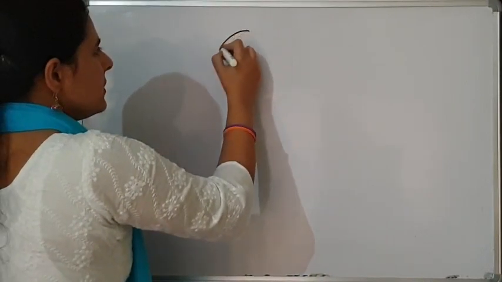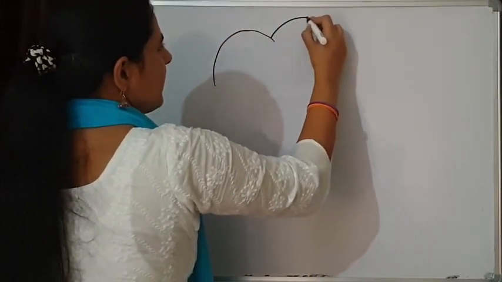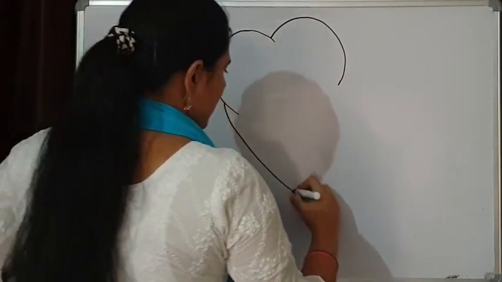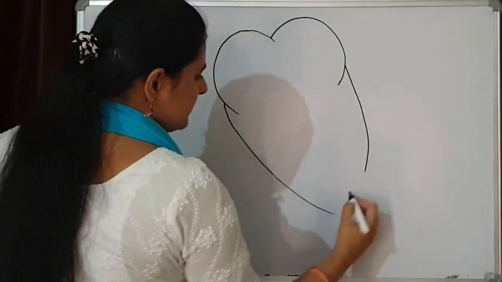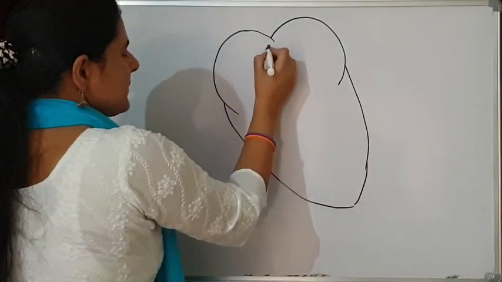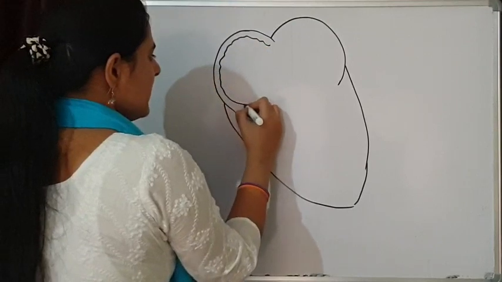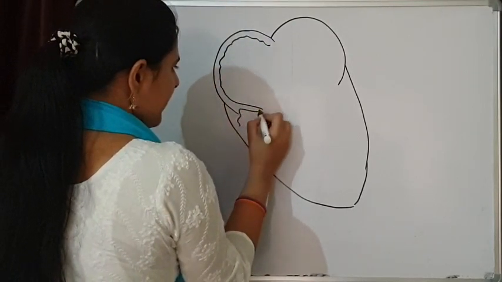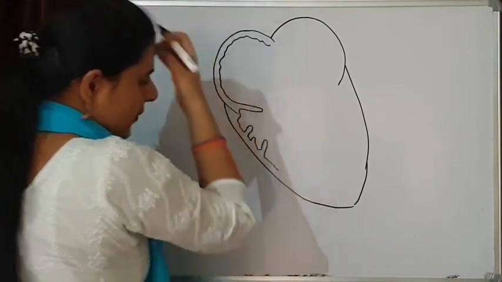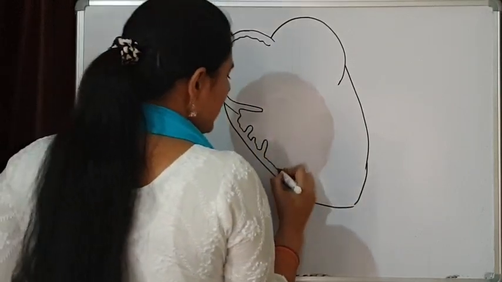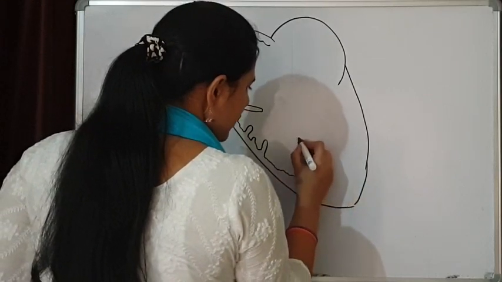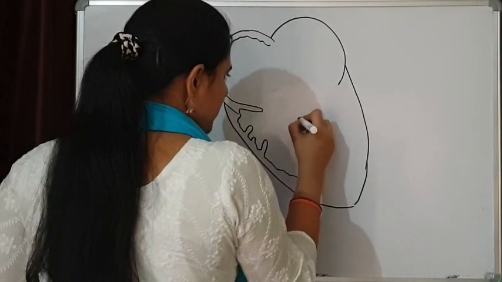So we are having two upper chambers. This is how the rough surface is there, and here some ridge-like structures are present. Some of the ridges are very prominent, big size ridges, while some of the ridges are small, and some ridges are also present here. We are going to discuss these ridges later on.